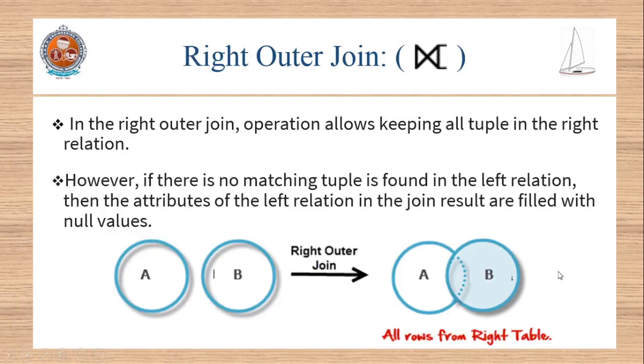And then we have the right outer join, and this is the notation we use for it. The right outer join is going to keep all the tuples in the right relation. See the same example we showed previously for the left outer join: this is the left relation and this is the right relation. When we perform the right outer join, all the tuples in the right relation will be in the output. Here the right relation is B. When some attributes have no values in relation A, for those attributes we are going to have null values.